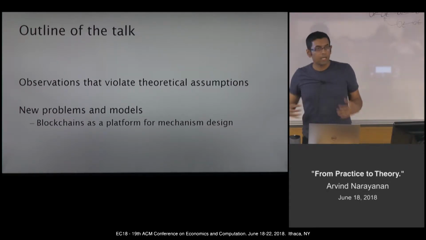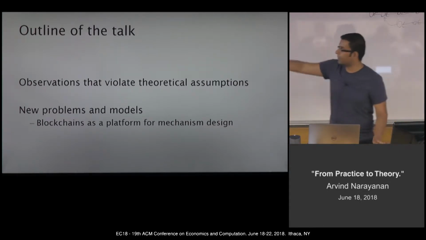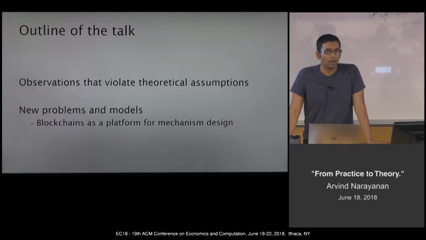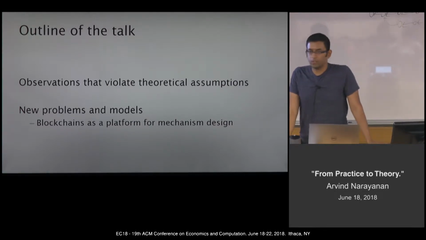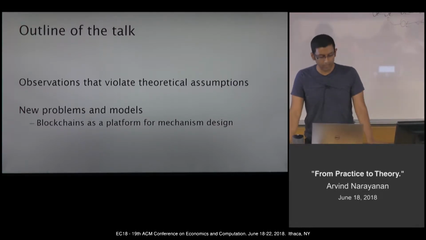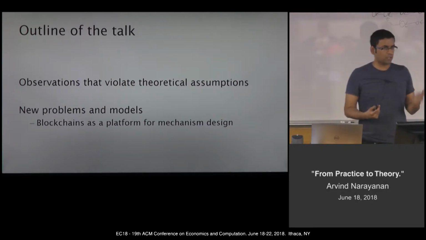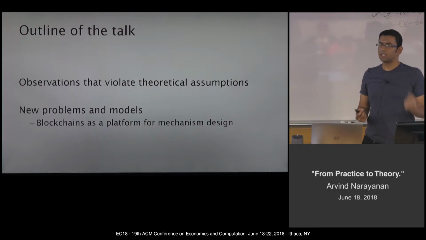And the second part is more about smart contracts. It's about blockchains as platforms for mechanism design. And smart contracts, I think, and I think a lot of people think, are the most exciting idea in cryptocurrencies. It's a major reason why Ethereum exists. And what I want to argue here, that smart contracts, they are mechanisms, of course, but they're not simply mechanisms